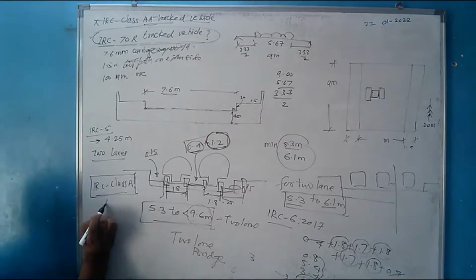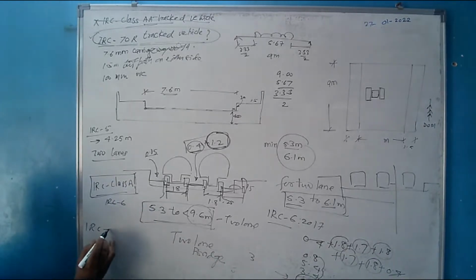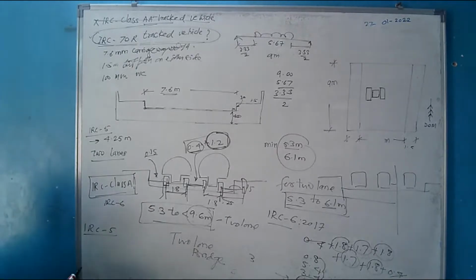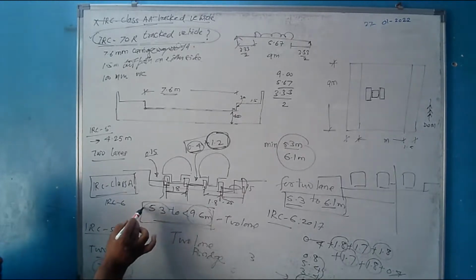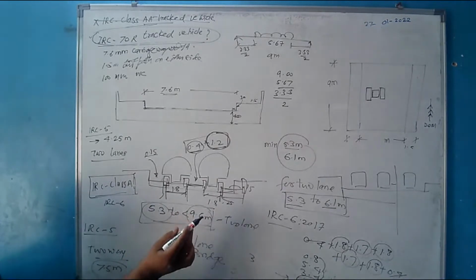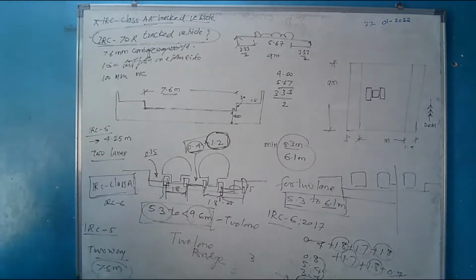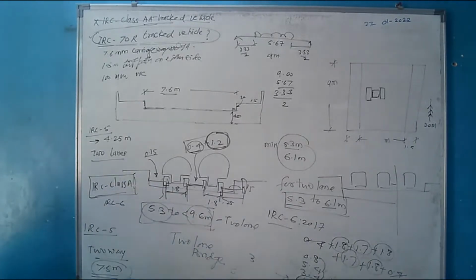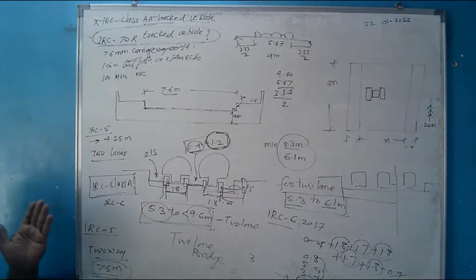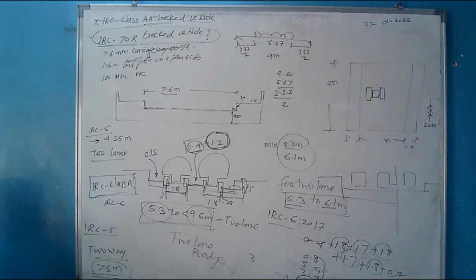और अगर this is with reference to IRC 6, IRC 5 में एक क्लॉज दिया है, अगर आपको 2 लेन ब्रिज प्रोवाइड करना है तो मिनिमम वो बोलता है 7.5 मीटर रखिए। ये जो 5.3 से लेकर 6.1 का भी क्लॉज है, 5.3 से 6.1 for the 2 lane minimum, तो वो बोलता है उतने भी नहीं, उससे भी ज्यादा रखिए 7.6 मीटर। Where is it? If you are having IRC 5 you can refer this. मैंने आपको बताया था फुटपाथ कितना रहना चाहिए, मीडियन कितना रहना चाहिए, if the median is provided, all those guidelines are there, these are available in IRC 5।